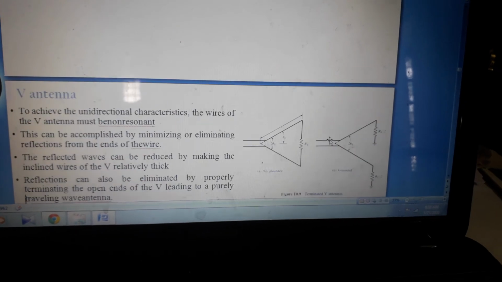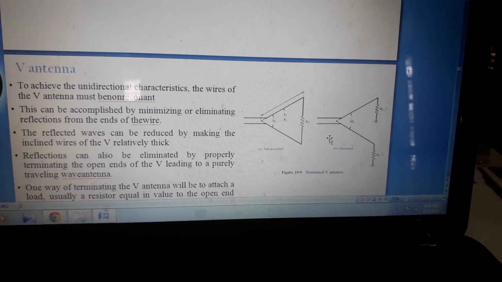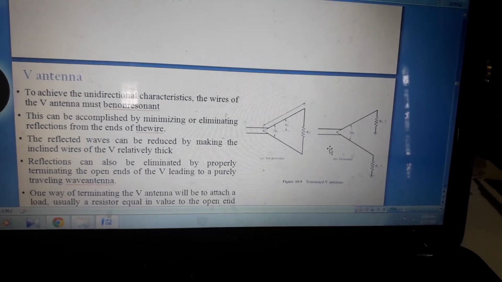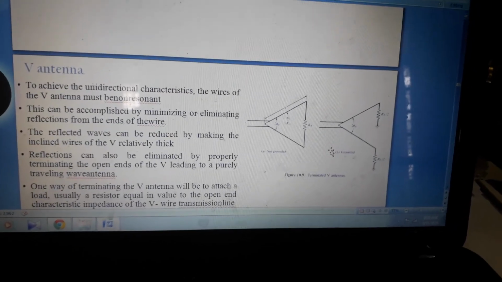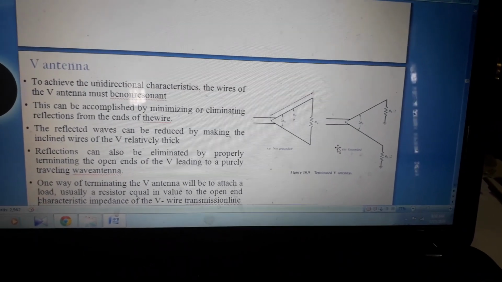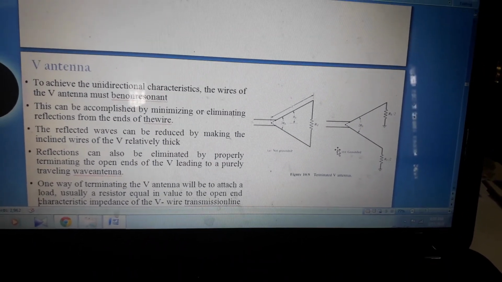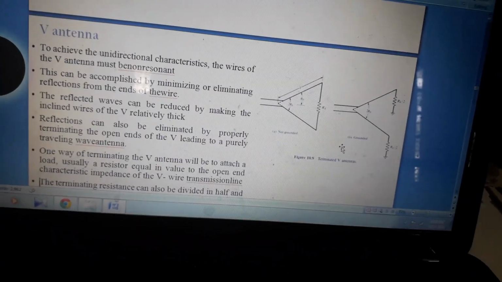Next, to achieve unidirectional characteristics, the wires of the V antenna must be non-resonant. This is accomplished by minimizing or eliminating the reflections from the end of the wire. The reflected waves can be reduced by